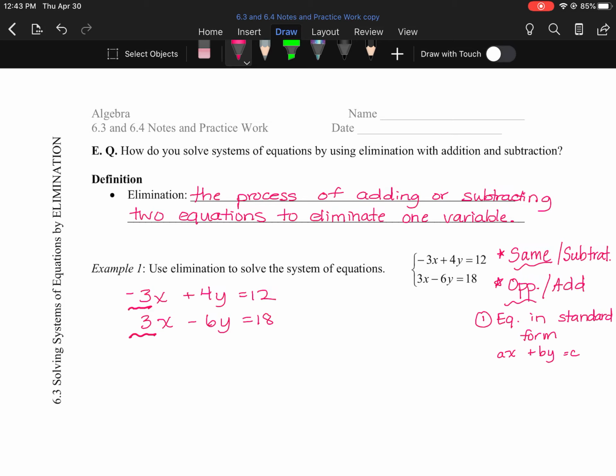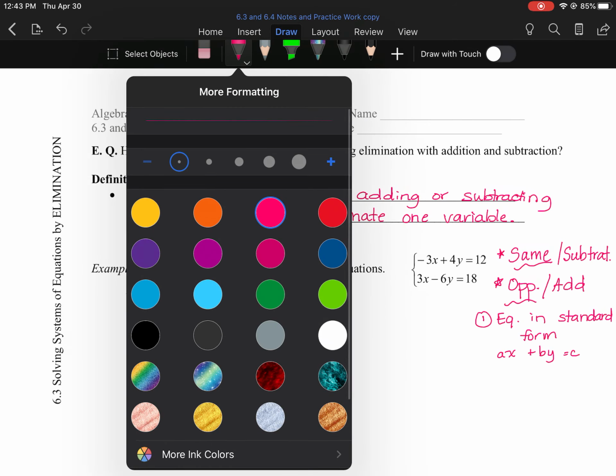I'm going to look at y's just to see what happens there. My y is a +4 and a -6. -6 and +4 are not the same, and they're also not opposites. So we're not even going to be concerned with the y values. We're just going to go ahead and look at our x values. So if I have -3 and +3, those are opposite numbers, so we are going to add this system of